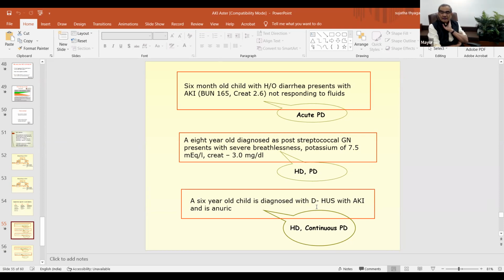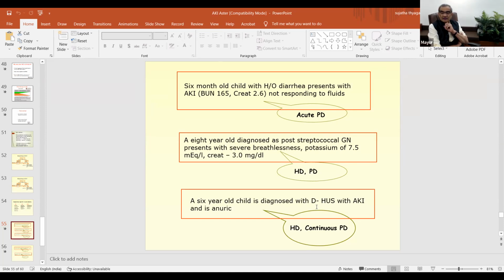And in such cases, if you are doing it more for fluid removal, you need to use hyperosmolar peritoneal dialysate solution. And in PD, you give smaller cycles, smaller indwells, if metabolic acidosis and hyperkalemia are major issues. If you are doing it for those indications, use smaller indwells. Instead of the usual 30 minutes of indwell, you use short cycles, 10, 15 minutes.